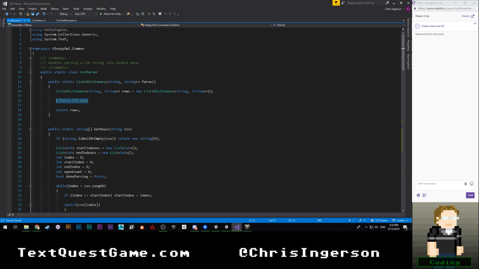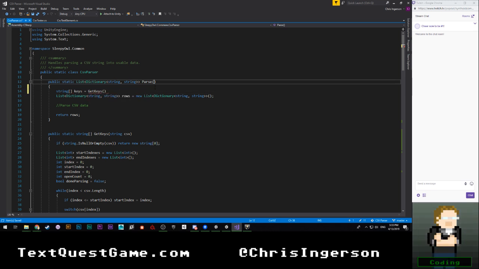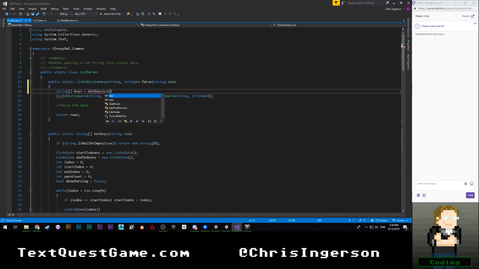Okay, and for this, we're going to go ahead and say string. Yeah, I guess I need that, don't I? So keys is equal to get keys. Oh, I don't have any text there. String CSV. Okay. And then from there,